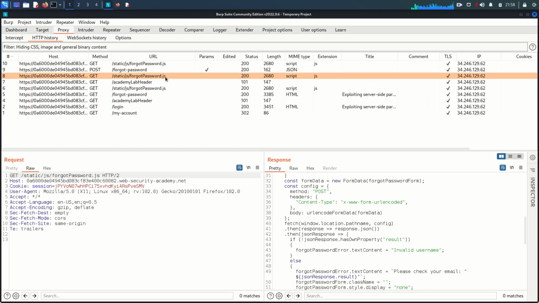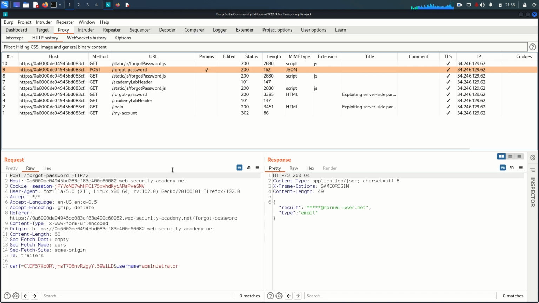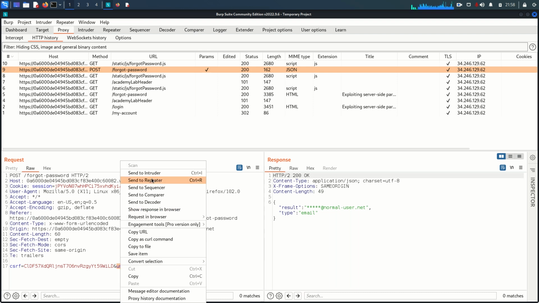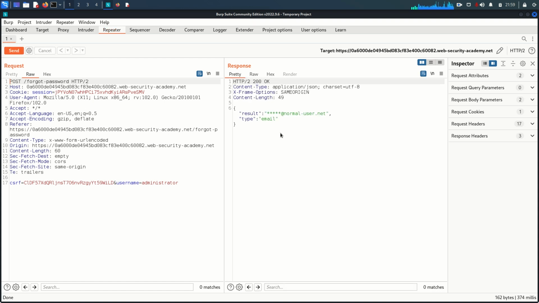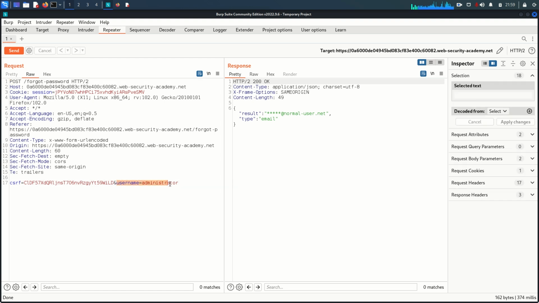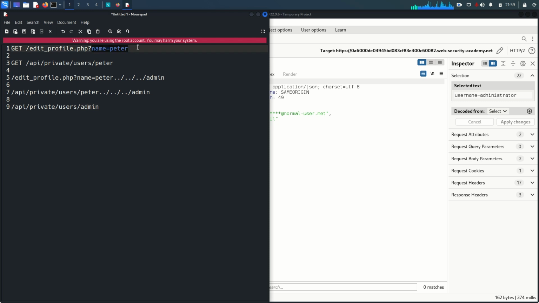Now we are going to focus on this request, which is the forgot password POST request. So you can see there is username equal to administrator. I'm going to send this request to the Repeater, send this request again, so that we can confirm that everything is okay. Now if you see this one, maybe this request is something like this, right? Name is equal to Peter. We can say it could be username equal to Peter